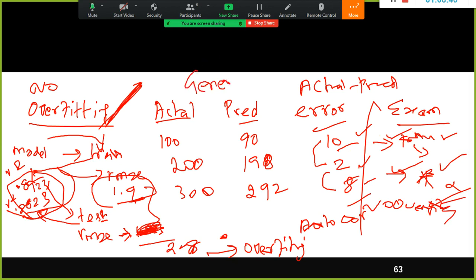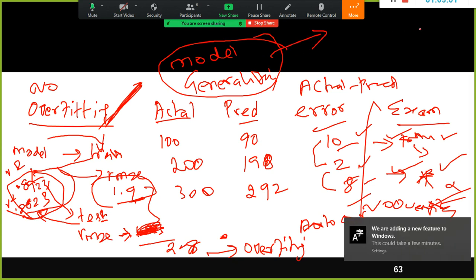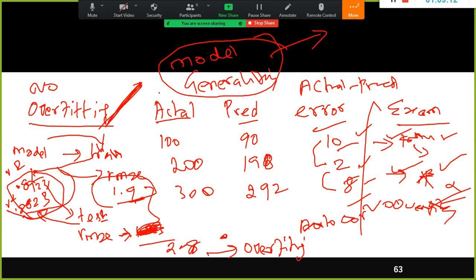The whole objective of deploying the model is that, before you deploy the model in production, you need to make sure how well the model generalizes. Only when my model generalizes is it fit to get deployed in the production environment. So you develop your model and then apply it on a different data set and check how well my model is performing.